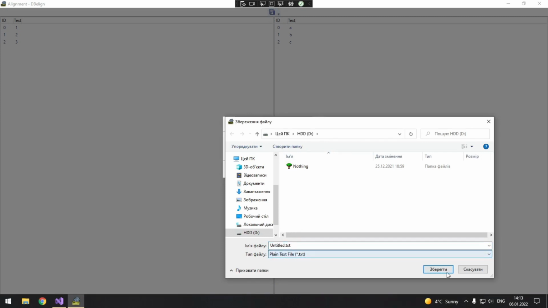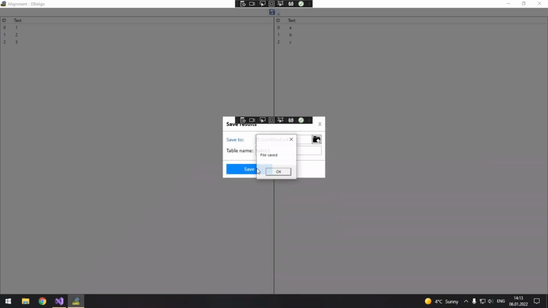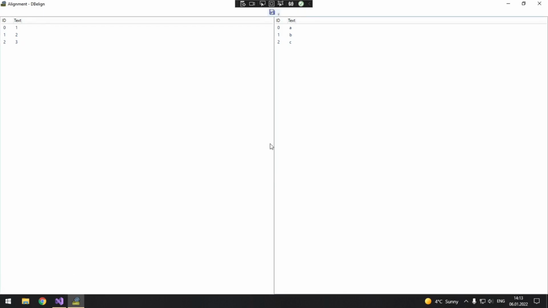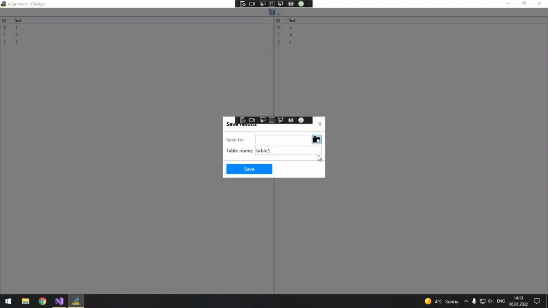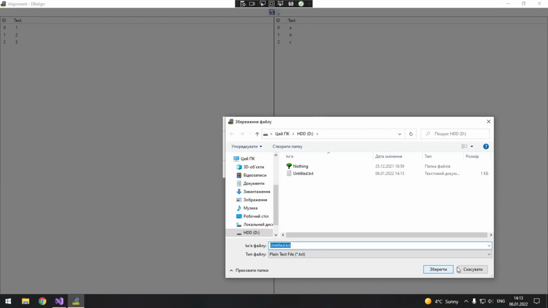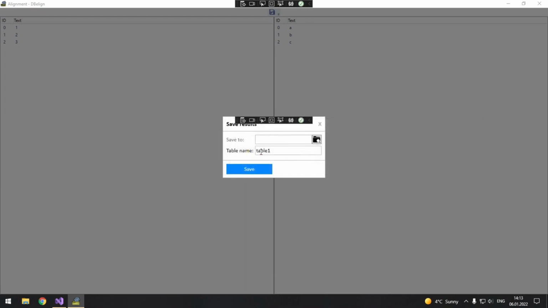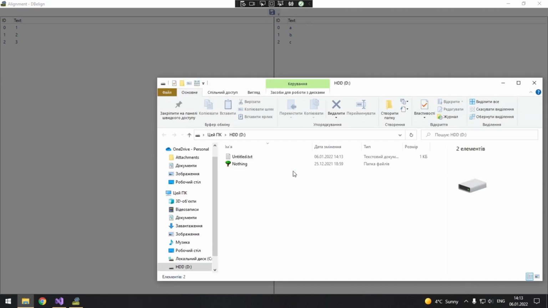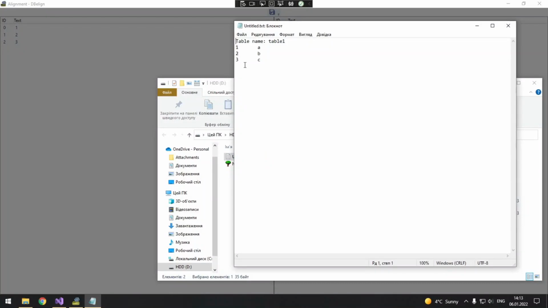Alright. Okay, and save. File saved. Actually, I need to open this folder now. Let's check it. Yeah, so here is our table name, and as you see, they are tab separated.